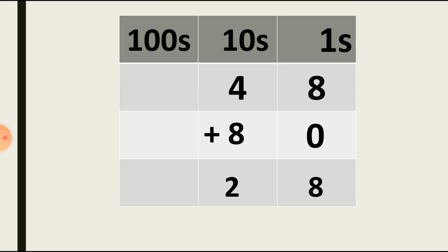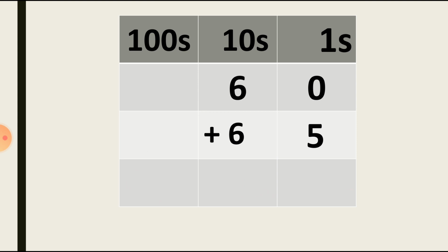The other one, which is at the tens place, will move as a carry forwarded number, and we can write this one under the hundreds place. Here there is no number, the box is empty at the hundreds place, so just assume the number is 0. So 0 plus 1 is equal to 1. So the answer will be 128. This way we have to add the numbers, students.